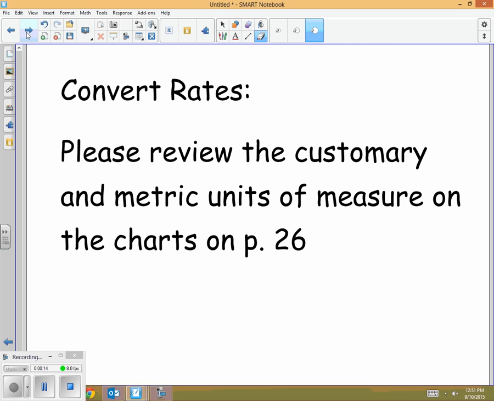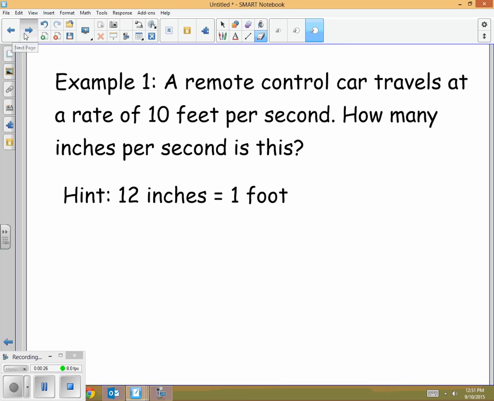Now, to convert rates, I would like you to review the customary and metric units of measurement on the charts on page 26. Please pause this video and take 1 minute to read through the measurements. Now that hopefully you've had a chance to look through the different customary and metric units of measurement, we can